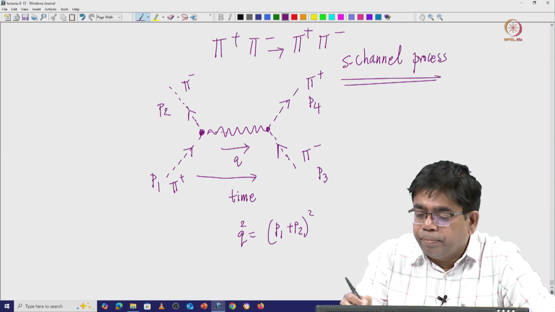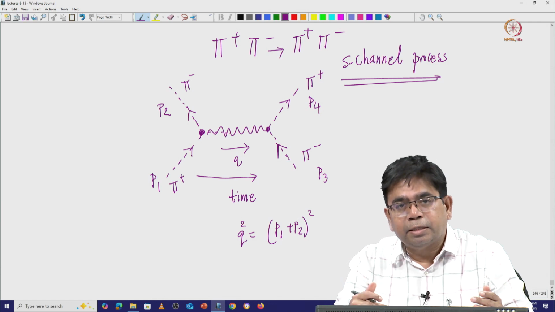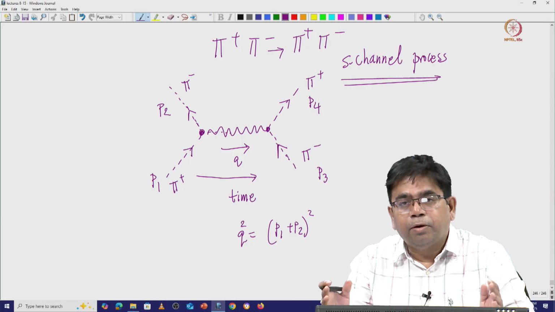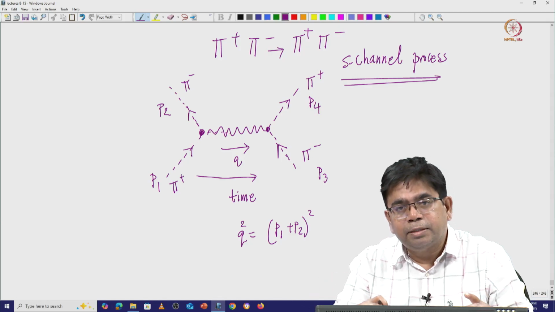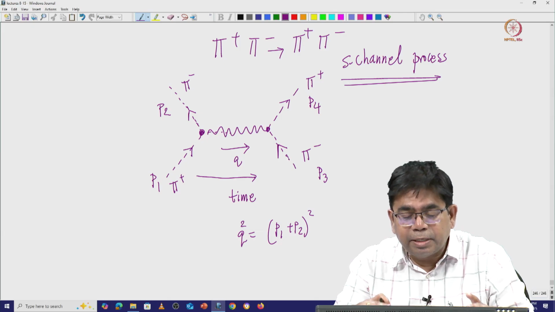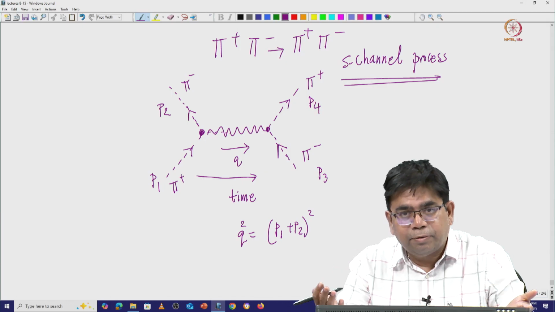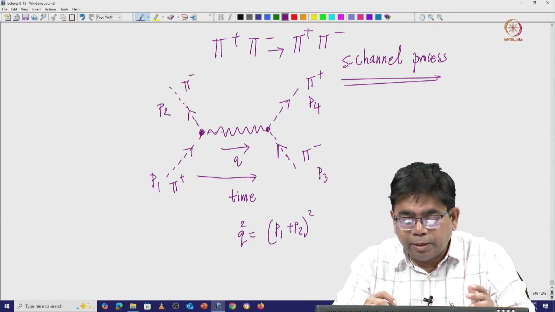So, for every set of momentum exchange, either S, T or U, we call it a channel. So, you draw a diagram with all possible channels allowed essentially. In this case we had drawn the first diagram. Now, we have to see if any other channels are also allowed. We had drawn the S channel, and for the S channel we had drawn it correctly.